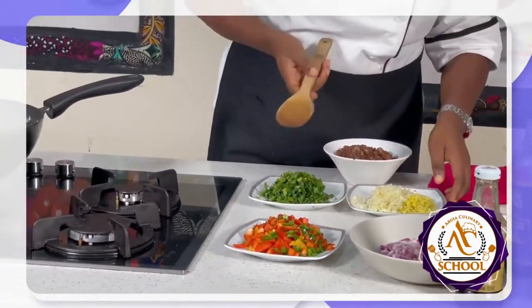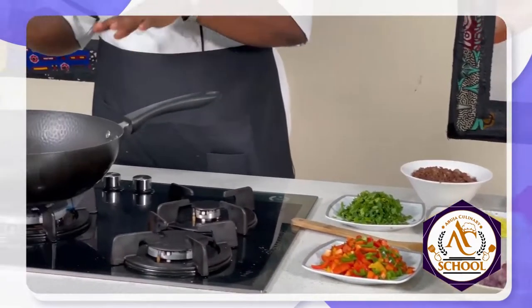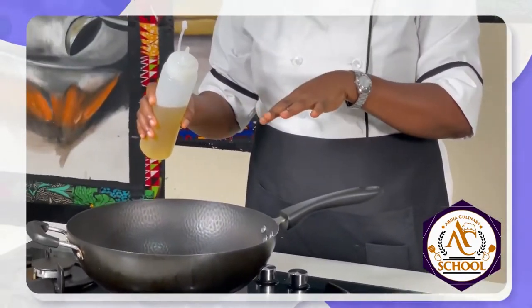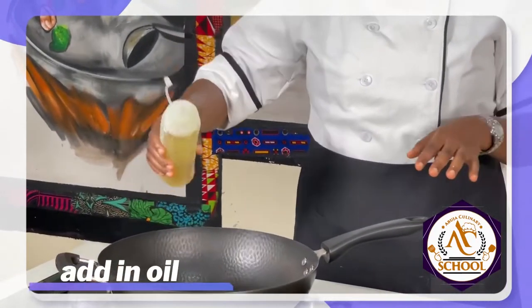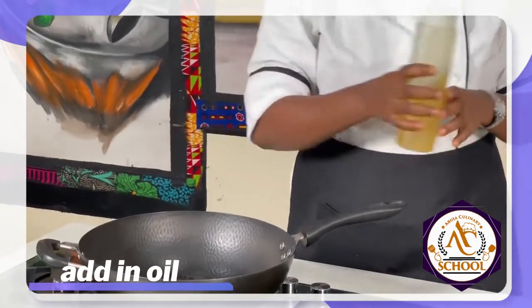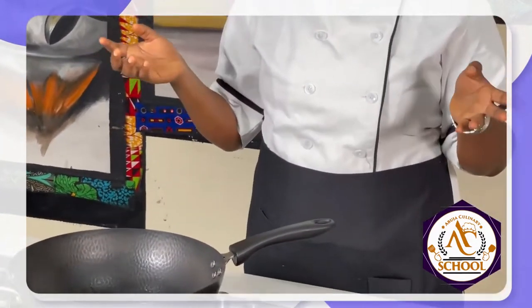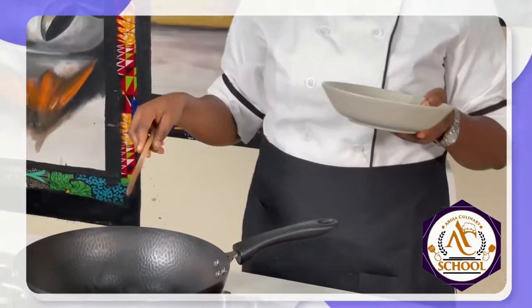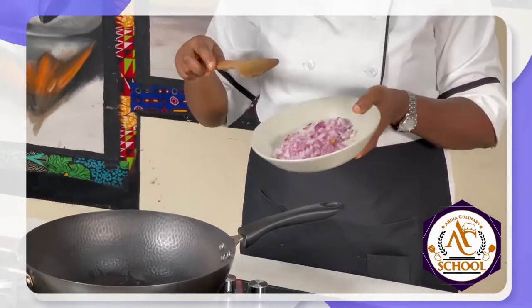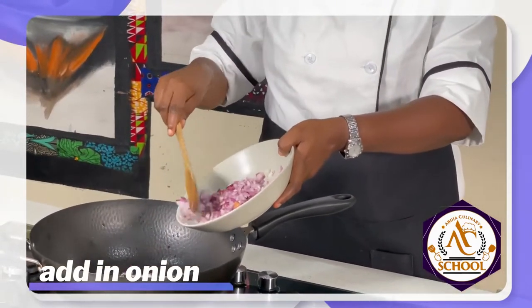So first off, what we need to do today is get our wok on the fire and make sure it is dry, and we add a little oil. Now the beautiful thing about this dish is that you don't need to use a lot of oil, which is healthy. Too much oil is obviously not good for you. So you add a little bit of oil, about 2 tablespoons, and you add your onions. You allow your onions to